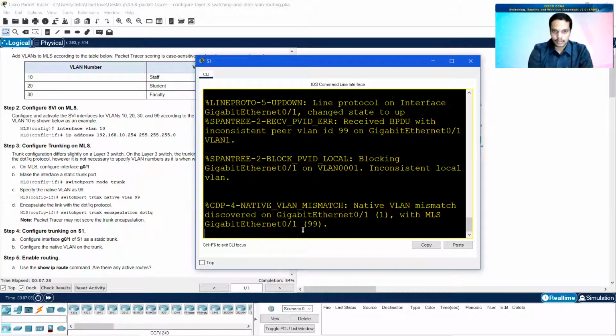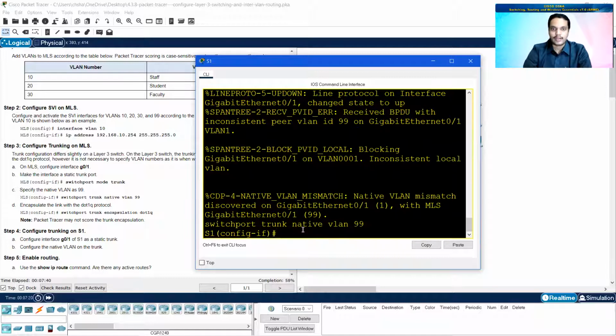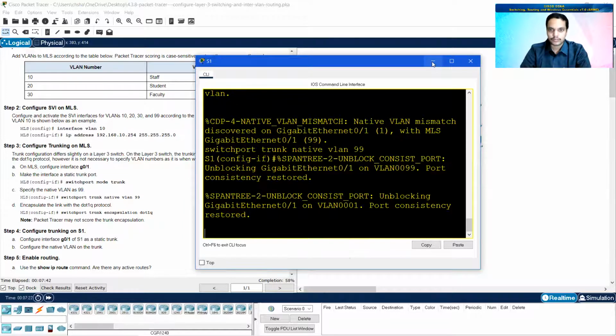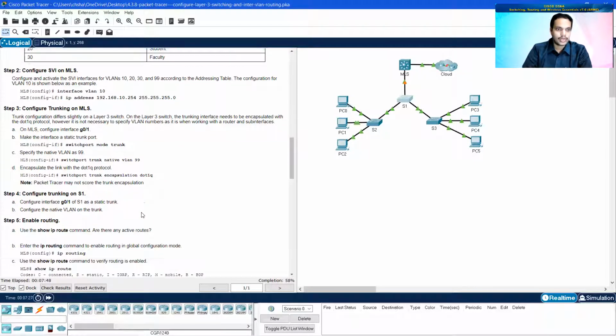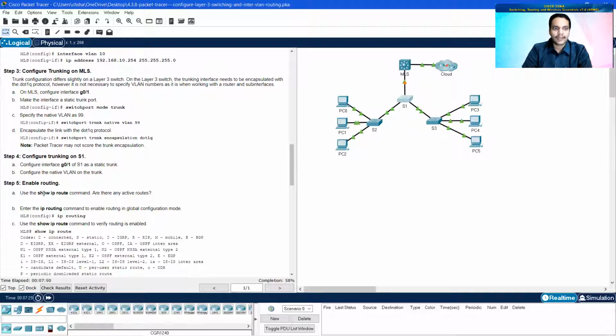And then switchport trunk native VLAN 99. So I configured both the interfaces of this link as trunk ports. Step 4 is also done.